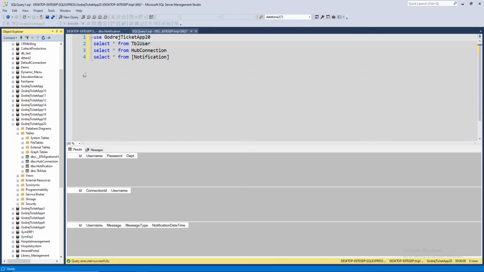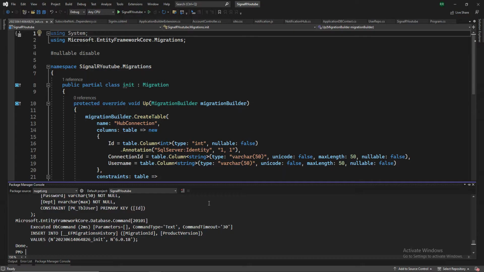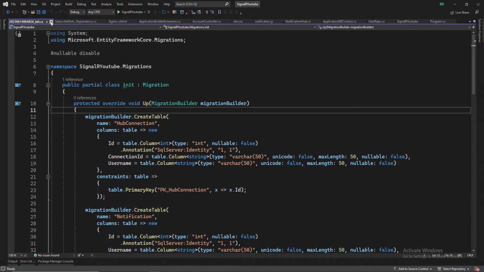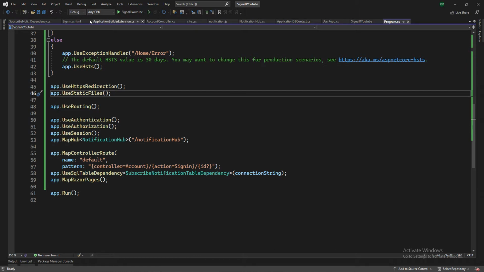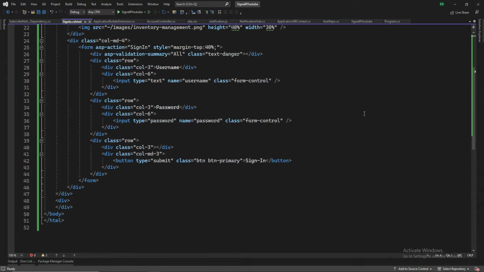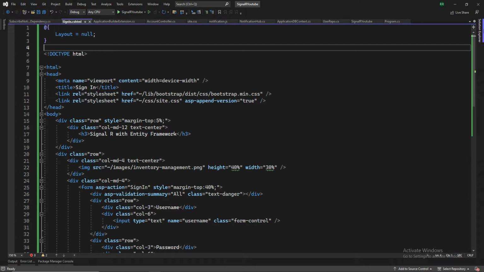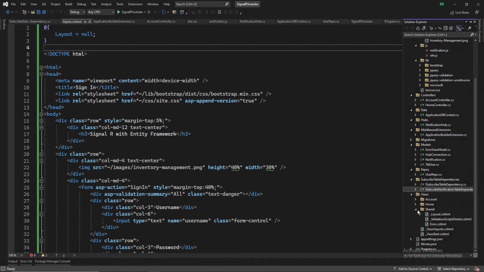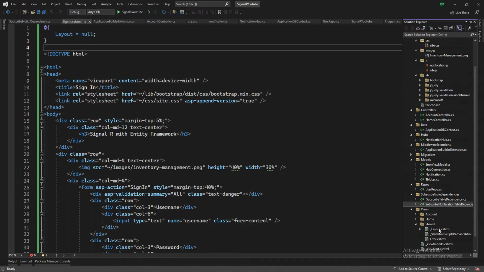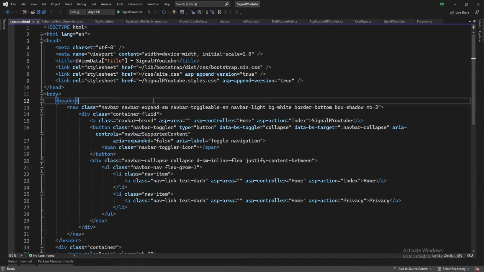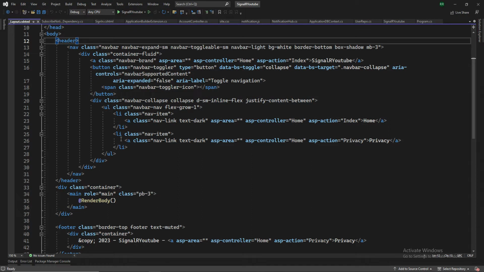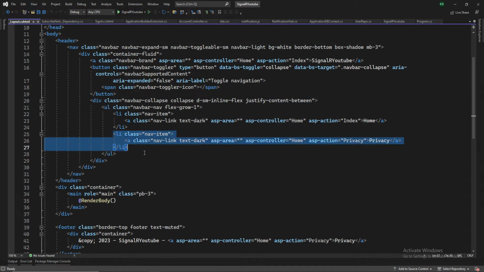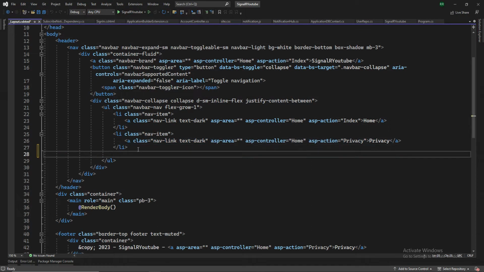Alright, let's fix the other things in there. So now that we have the migrations, the tables are all set up. Sign in page is ready. Let's make some changes in the layout because we haven't set up the session anywhere. Okay, so we will have a logout, and the logout is going to